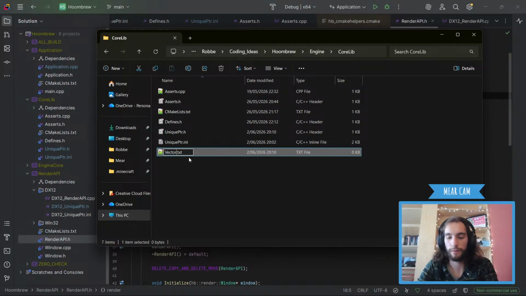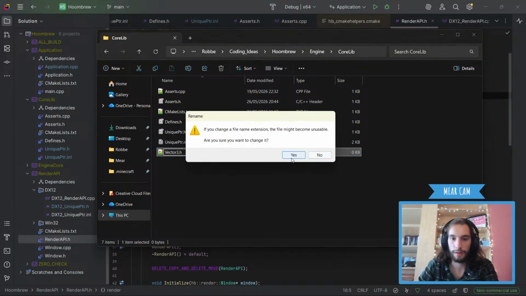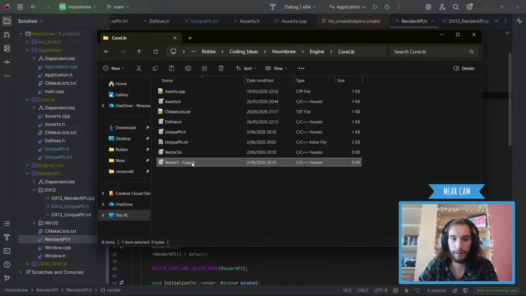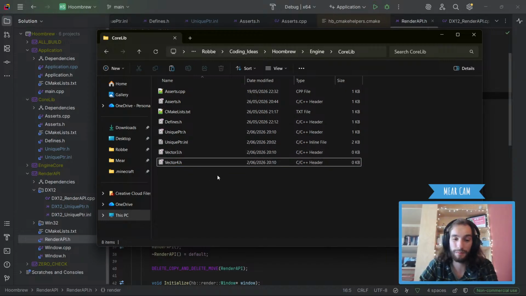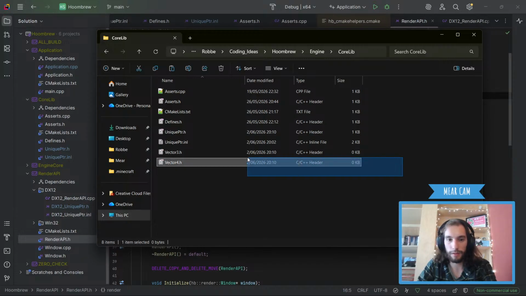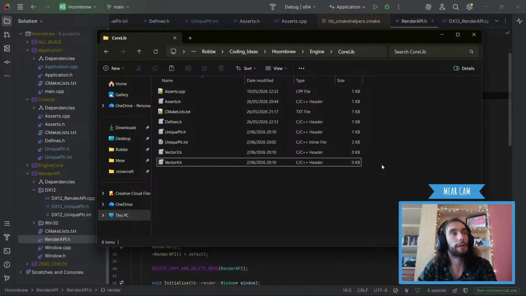We're calling vector 3 .h, yes, and then copy and paste this again and call it vector 4 .h. That's it. The only thing they will have at the moment is structs, but we might be able to add some more helper functions in the end, right? But for now, just those two. I could also make them for ints, but I think it's fine with floats, or you can make it templated even. That might be a better way of doing it.